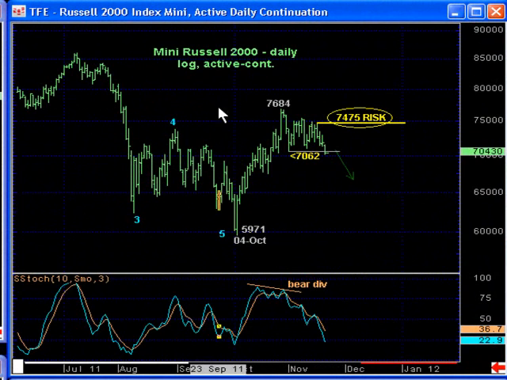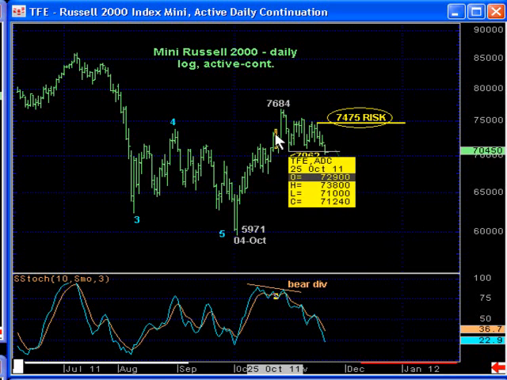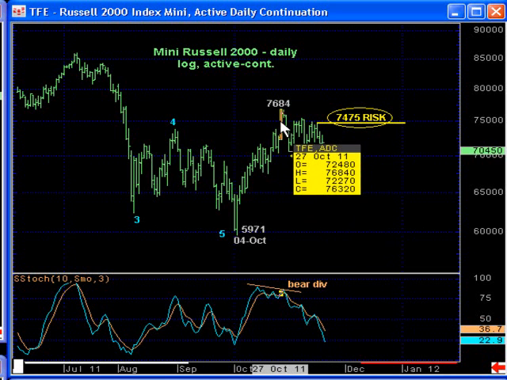We're going to start off today with the daily log scale chart of the Mini Russell 2000 contract, still basis the December contract. You can see today's or overnight's break below the November 1st low at 70.62 that we have targeted for a couple of weeks now as a key failure point that absolutely breaks the October rally attempt and reaffirms our neutral to cautiously bearish and now perhaps even significantly bearish policy